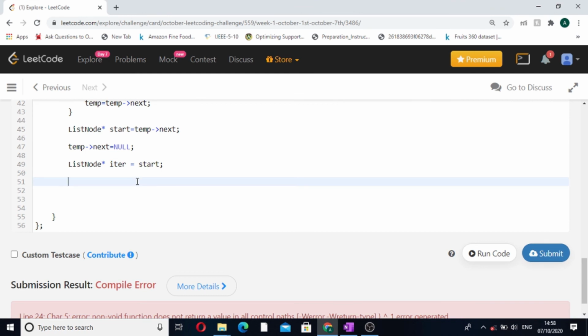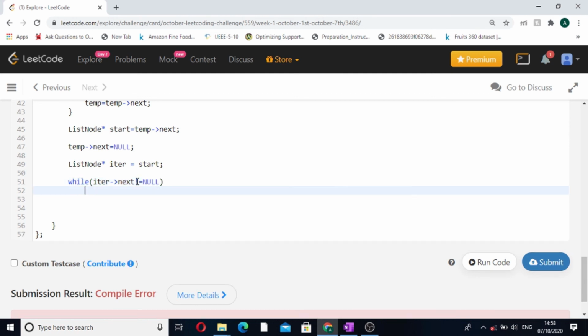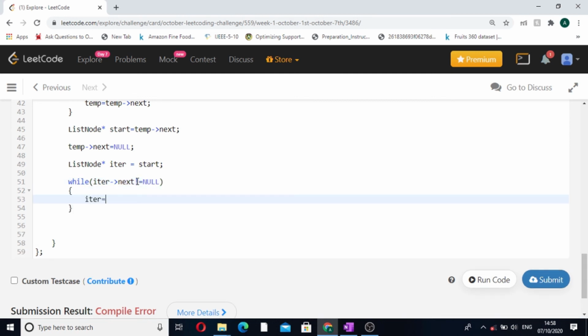So how we will do it? While iter next not equal to null, in this case what will happen? iter is equal to iter next.